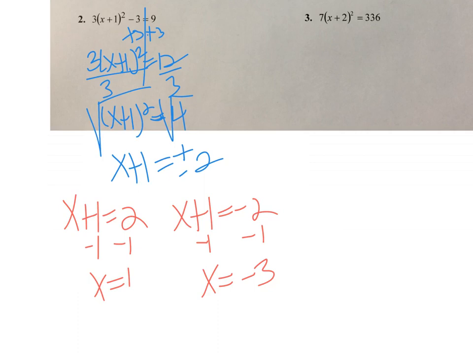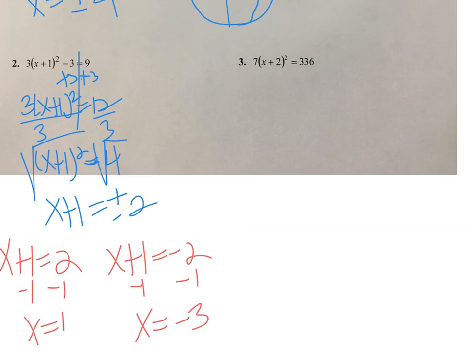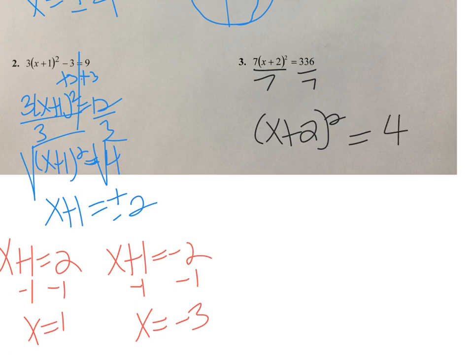We have 7 times (x plus 2) squared equals 336. We're going to isolate the squared piece. So by dividing by 7, I can do that. And I get (x plus 2) squared left over here. And on the right side, I get 48. Okay? So I am going to take the square root of both sides, and I'll have x plus 2